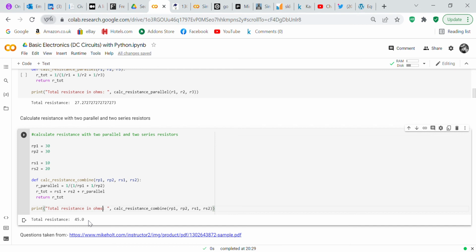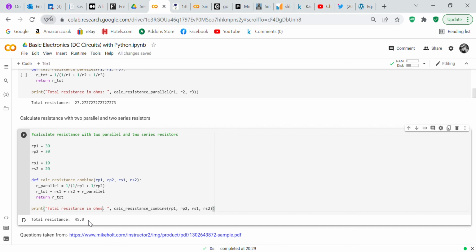Calc resistance combine, RP1, RP2, RS1, RS2. R parallel equals 1 over RP1 plus 1 over RP2, and R tot equals RS1 plus RS2 plus R parallel, and you return R tot, and it gives you a total of 45